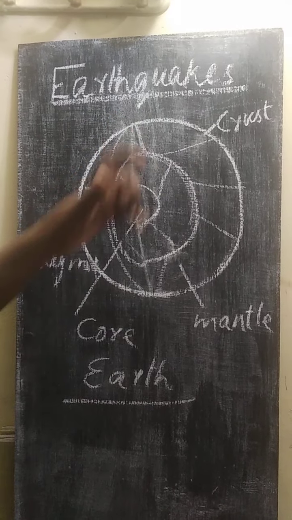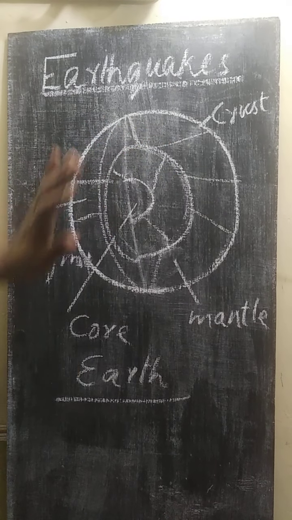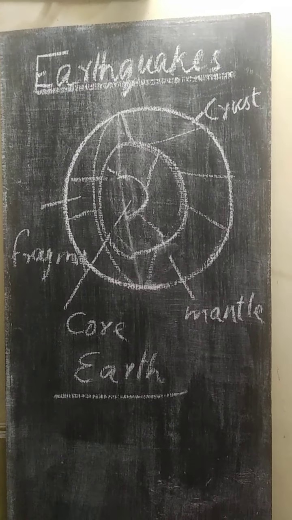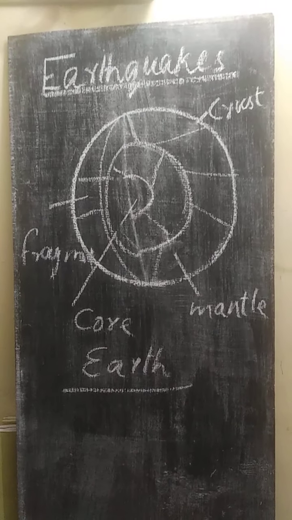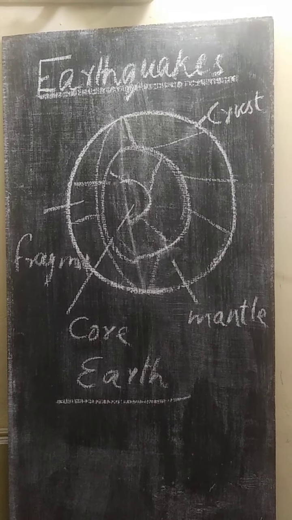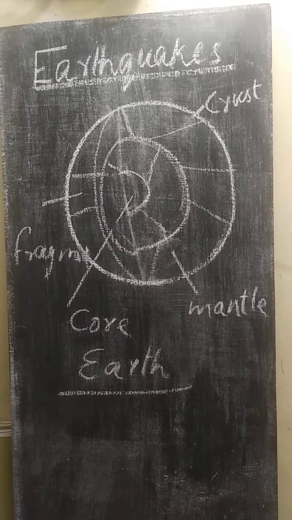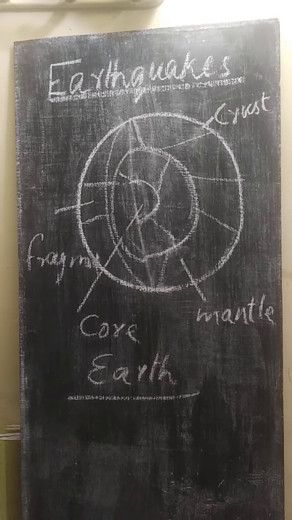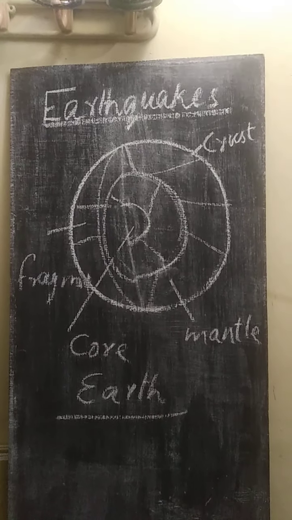So this shaking of the earth, or shaking of different plates of the earth, is called an earthquake. The earthquake is really a disturbance coming from the interior of the earth in the form of seismic waves. The waves generate and travel in all directions, and when they reach the crust of the earth, it starts trembling, and that can cause different damages. Okay, children.